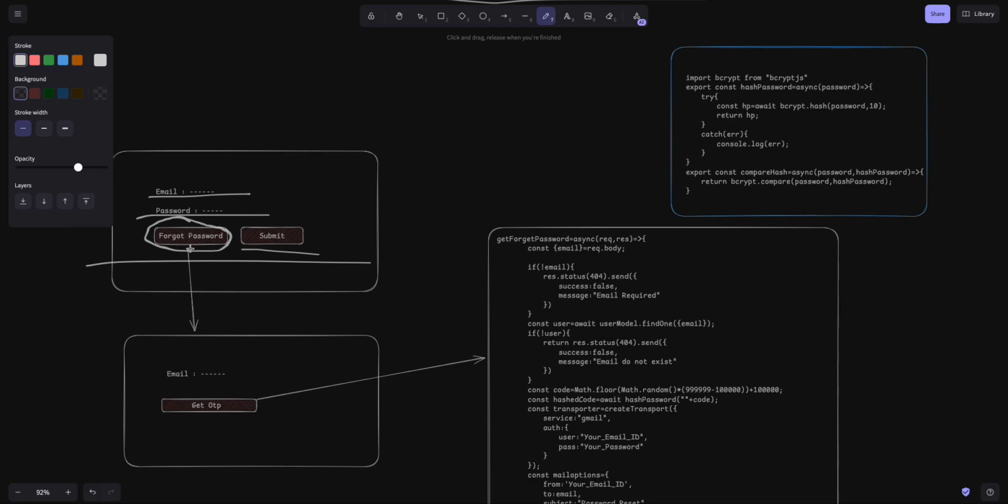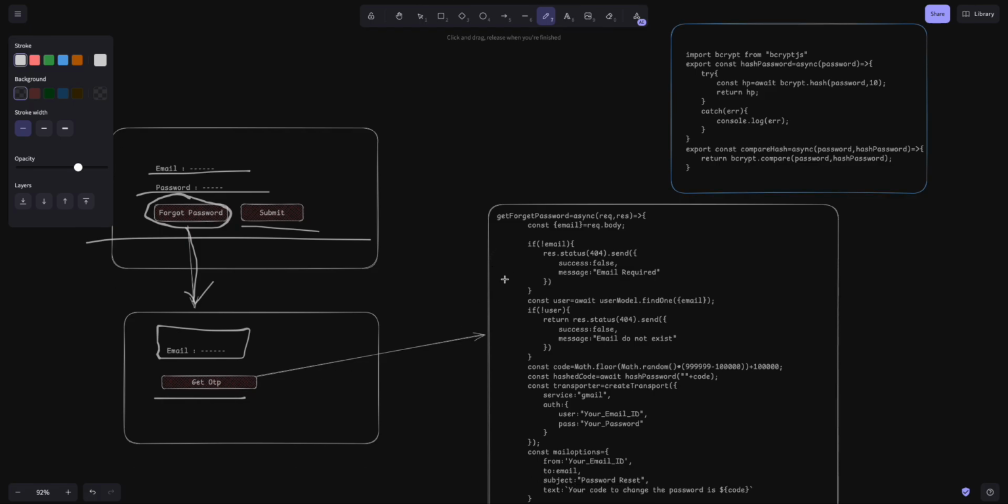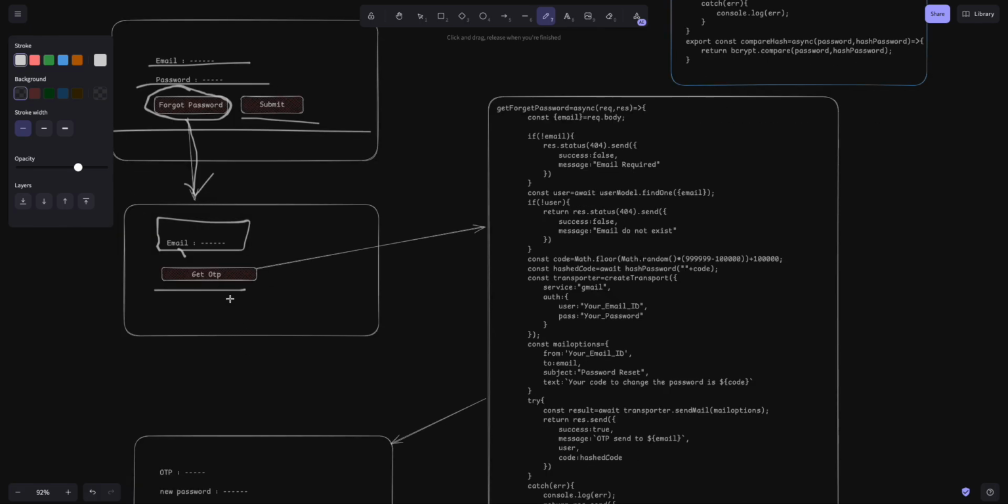So after clicking the forgot password, we will be redirected to a new page. In this page, we will take the email of the user as input, and we will also have a button. So this button will call the backend and will send the email as a parameter. Whenever we implement an on-click function on this, it will send a put